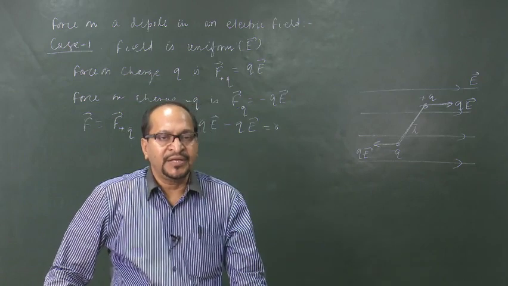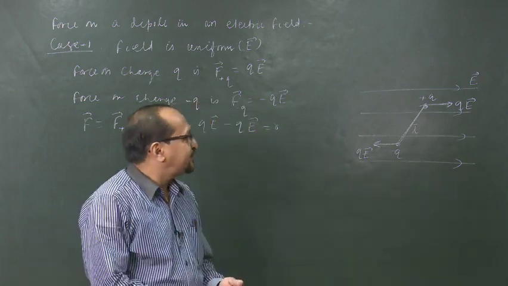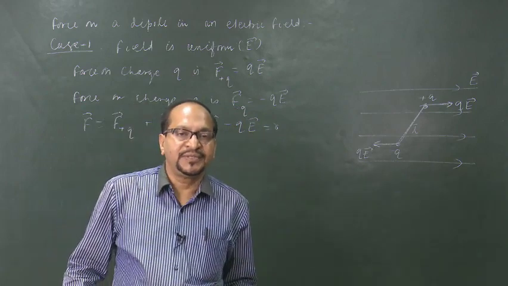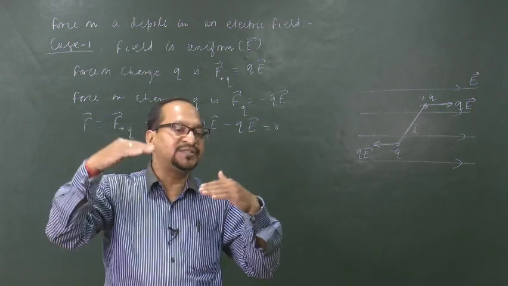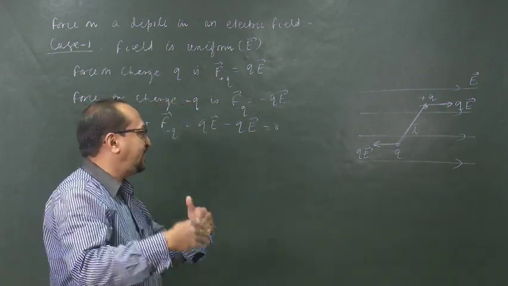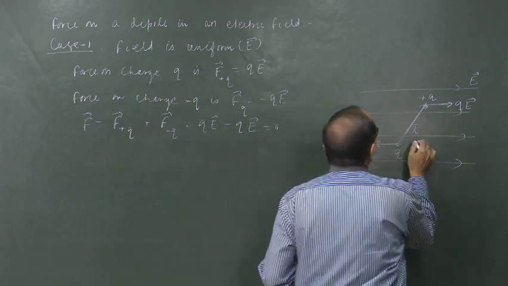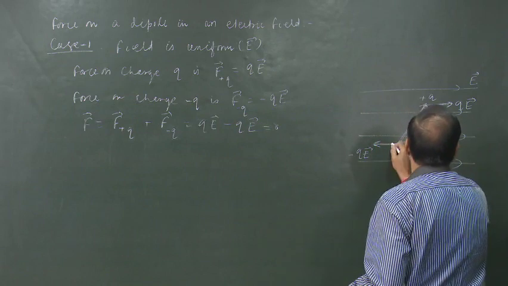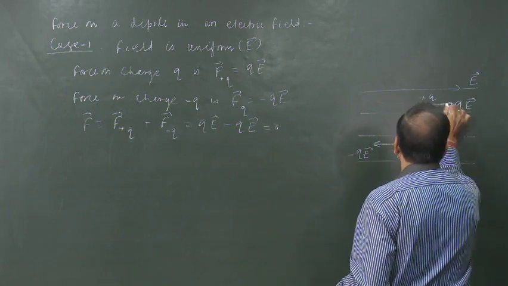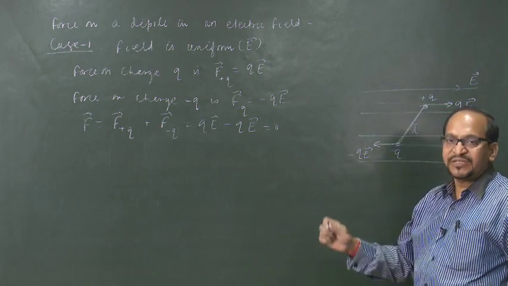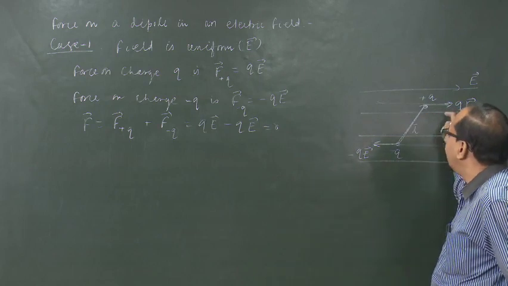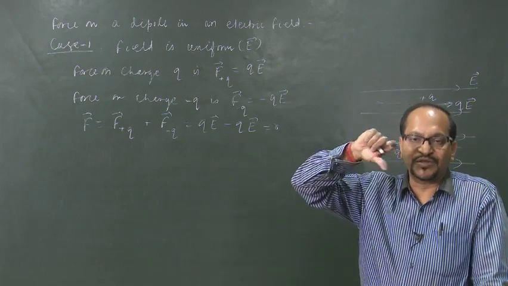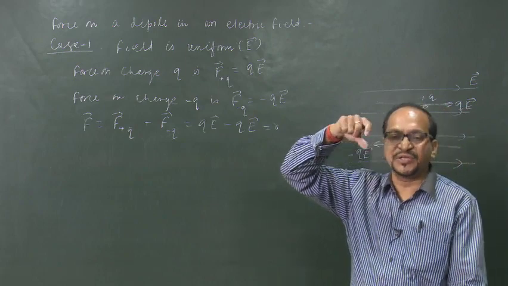So, this is the resultant force on a dipole in a region of uniform electric field. But we know that when two equal and opposite forces act on a system along different lines of action, if they do not act along the same line, here you can mark that this force minus QE has its line of action along this line, while plus QE has its line of action along this line. So, these are two equal and opposite forces acting along different lines, and they constitute a couple.